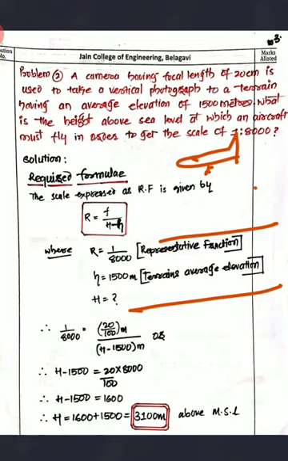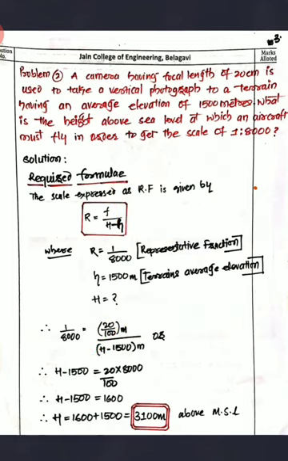Now how to get that? They have given the representative factor and you are supposed to determine it. The formula required for that is R equals F divided by capital H minus small h. Now if you are getting the scale, F will be in centimeter and the denominator will be in meters, but here you have the representative factor, which means F should also be in meters and the denominator should also be in meters. So see what they have given. R is given, that is 1:8000, the representative factor. Small h is given, that is 1500 meters, the terrain average elevation, and you are supposed to determine capital H.